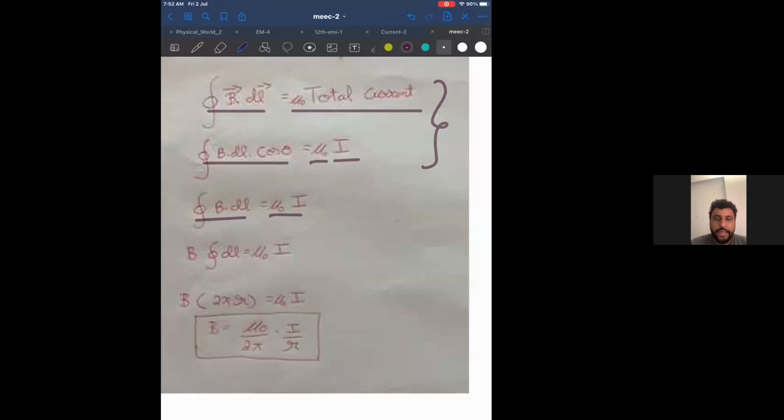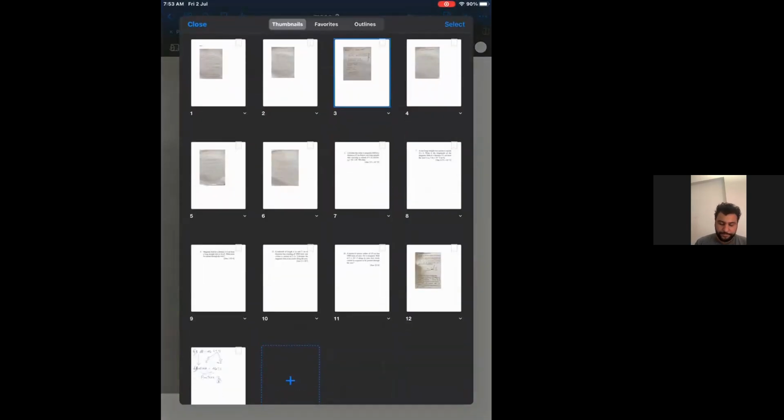Okay. And according to Ampere's law, I have to integrate with respect to length, correct? Look at Ampere's law. What is Ampere's law? First line. The line integral, correct? The line integral. That means my integration has to be with respect to length. Therefore, everything other than length has to come out of integration. Therefore, I take B outside the integration because it is a constant. Right hand side will remain as it is. Okay. Then I will continue. Look at this.